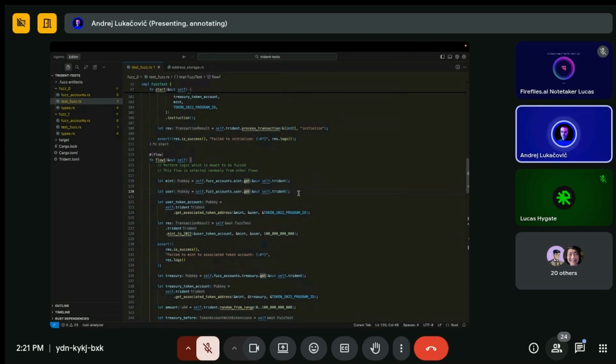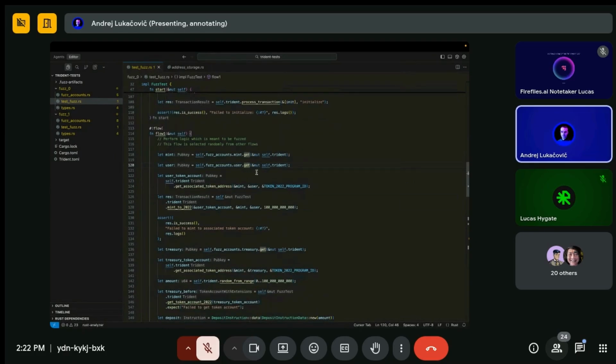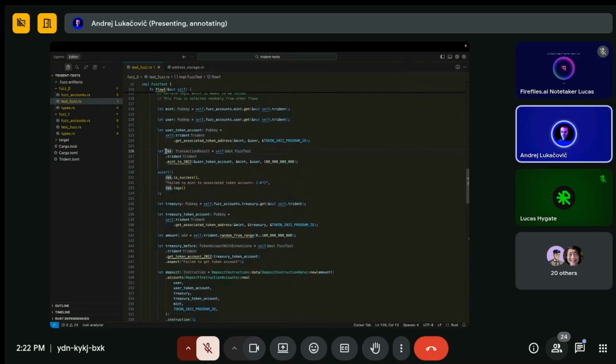So if you have 5 addresses, and for one user you initialize the treasury, there is a 20% chance that this get will pick the right one. And if you want to fuzz the access control, for the remaining 80% of the time you should see that the transaction is failing. With the invariant checks, and with the result that Trident is returning when the transaction or instruction is processed, you can look into the result and check